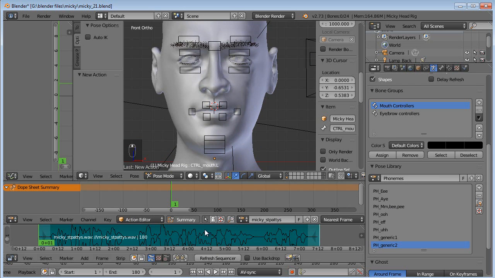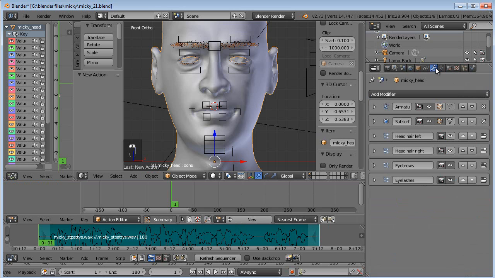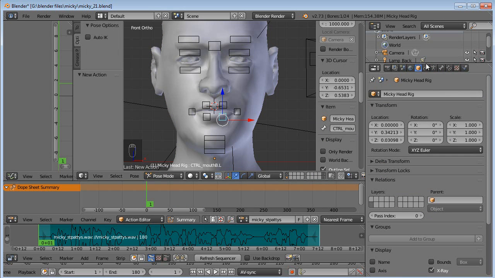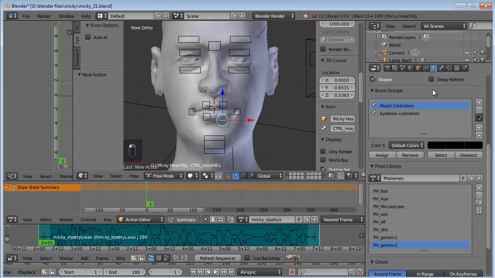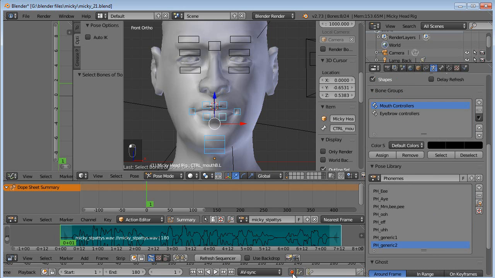This is the fun part. It'll work a little faster if we turn off those particle hairs, and also if we turn off subsurf. It'll be able to play the animation a lot smoother because it won't have to worry about all the extra polygons and vertices and all that fun stuff. Okay, so we'll grab one of these bones here, go to our bone settings there, our object data for our rig, and let's go ahead and select all the mouth controllers and rewind all the way. Go ahead and turn on our automatic keyframe insertion, make sure those two keys are selected there. We'll zoom in here,